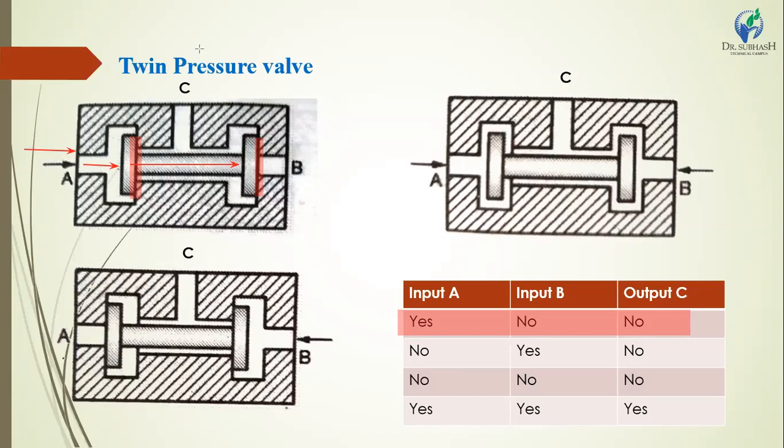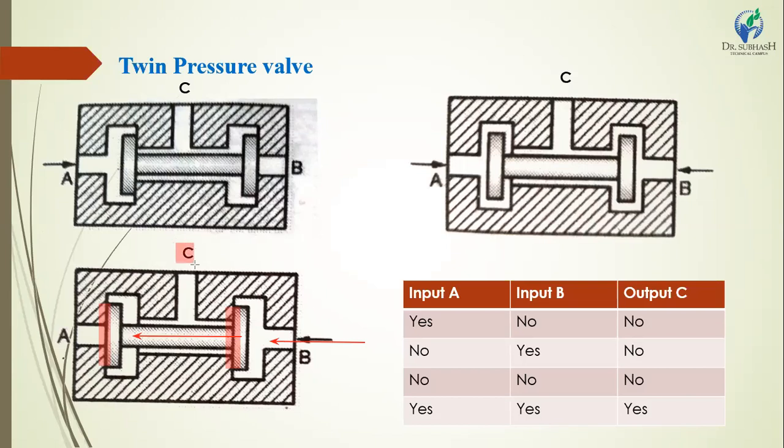Secondly, the next condition is where we apply oil from the B point. Then the spool moves in the left side direction and closes this point. That closes the A point, meaning the oil cannot pass from point A. Also here point B is closed. That means port B can enter the oil inside the twin pressure valve, but it cannot pass the oil to